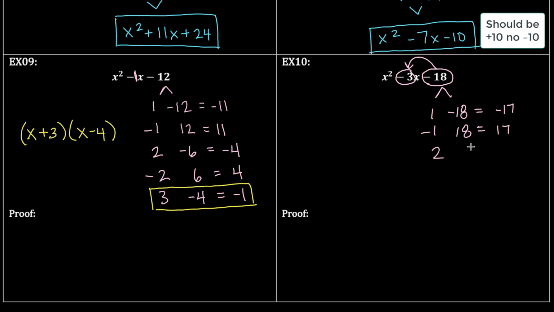Let's try 2 and 9. 2 and negative 9 is negative 7. Negative 2 and positive 9 gives you positive 7. Getting closer, I guess. We're getting smaller in the digits, or the absolute value, really. And then we have 3 times negative 6, which combines to negative 3. Okay, cool. Some of you may